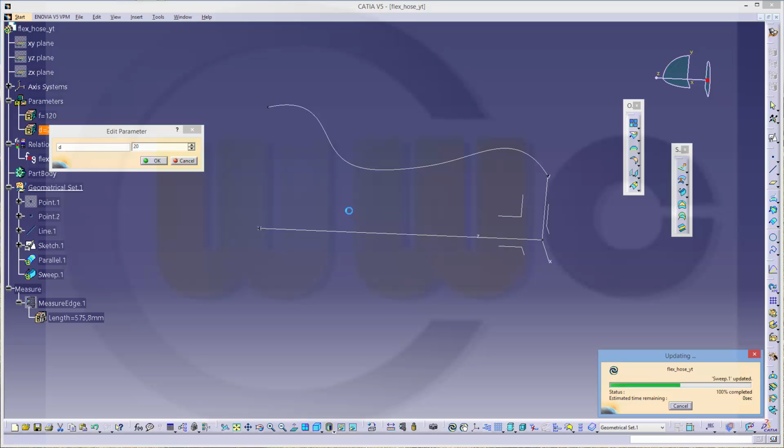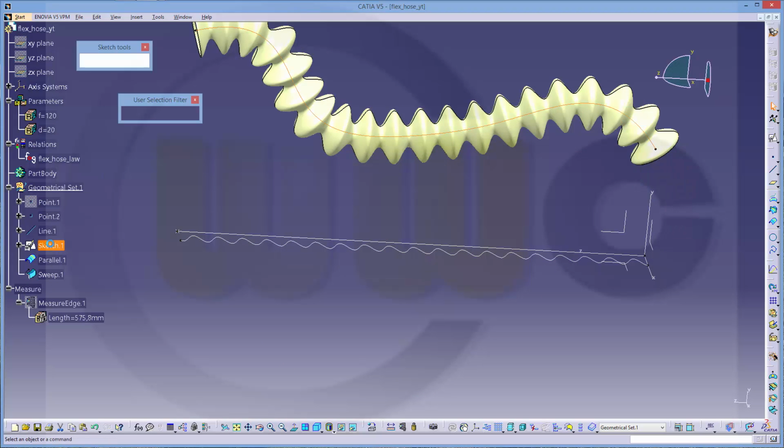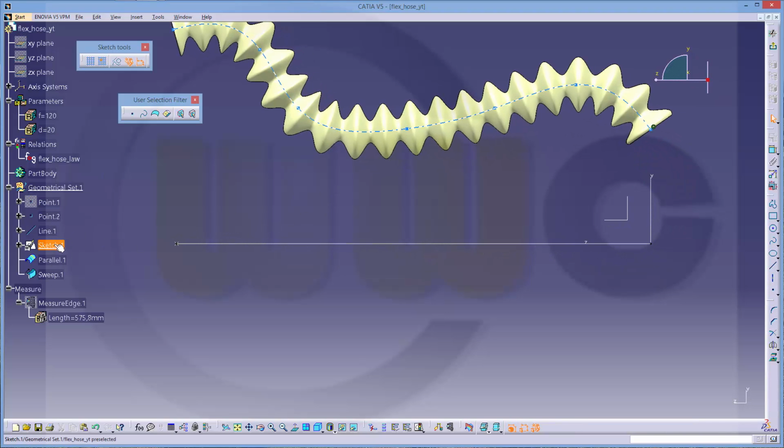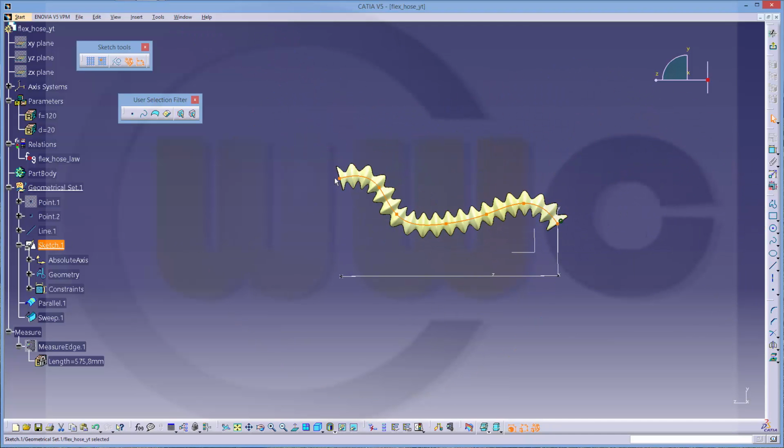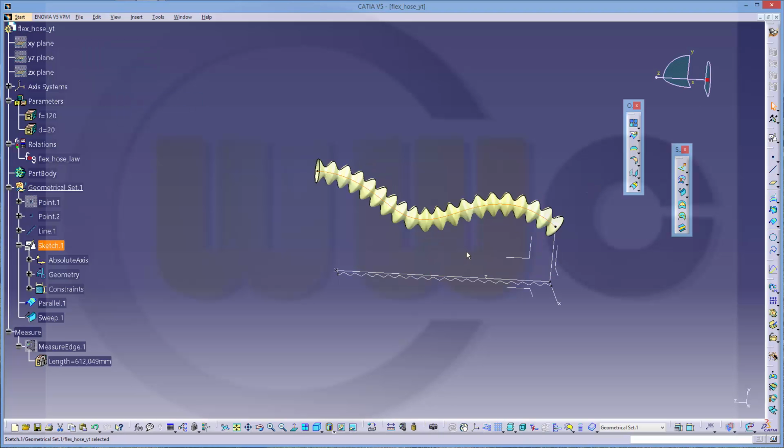and if you change the sketch, maybe make it a little bit longer. Okay,